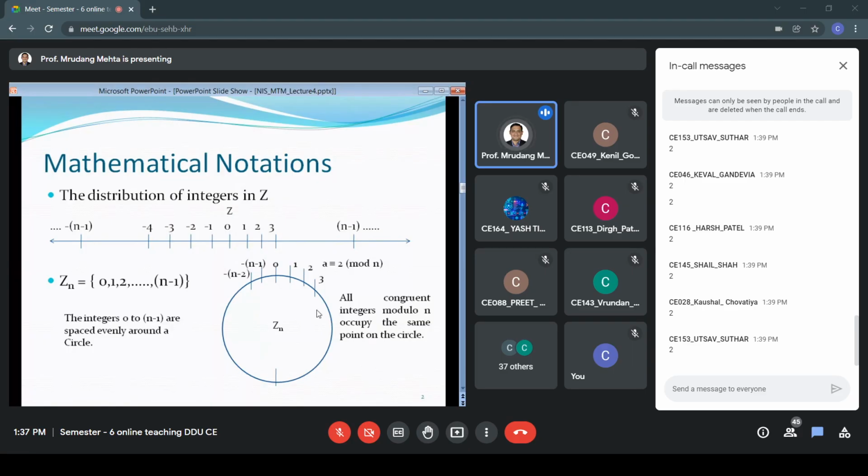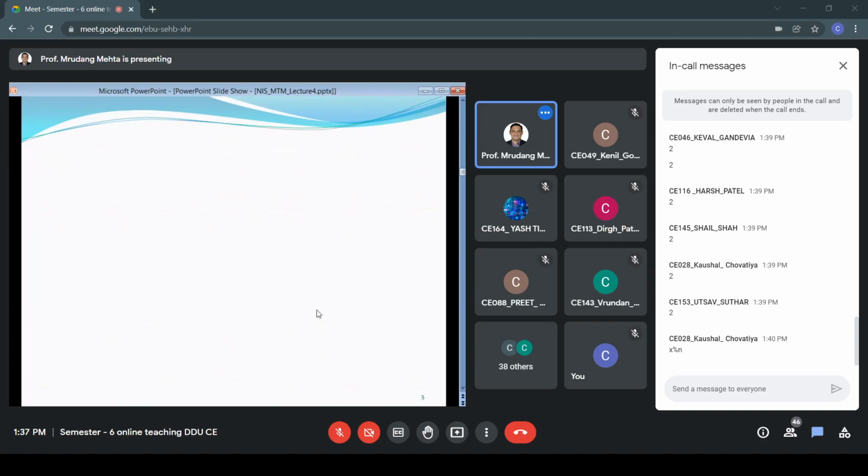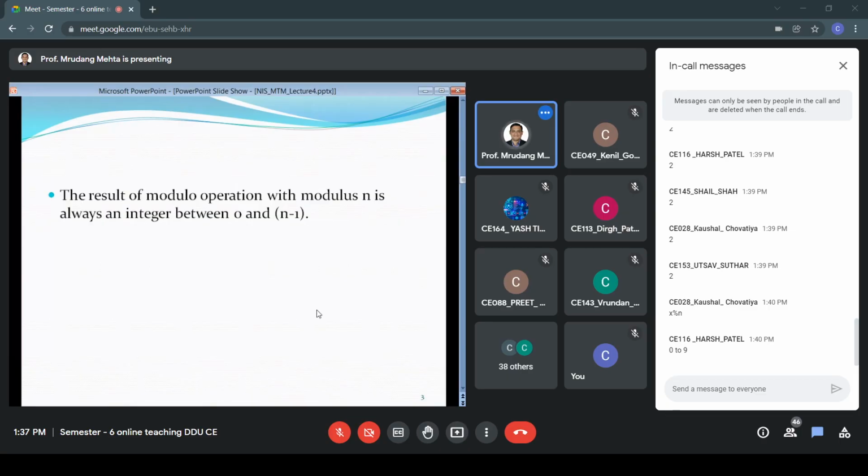Okay, is the concept clear? Zn is what? Zero to n minus 1. So if it is Z10, what is the meaning? Z10 is equal to 0 to 9, right? So the result of the modulo operation with modulus n is always an integer between 0